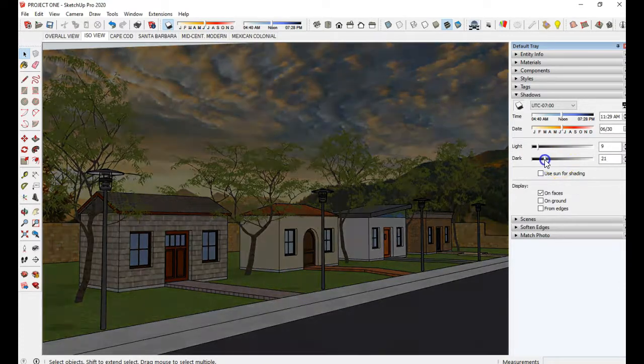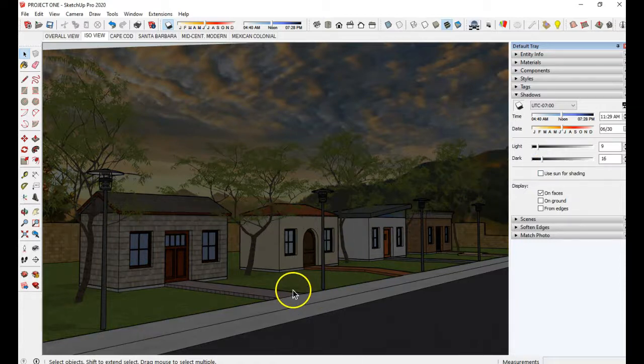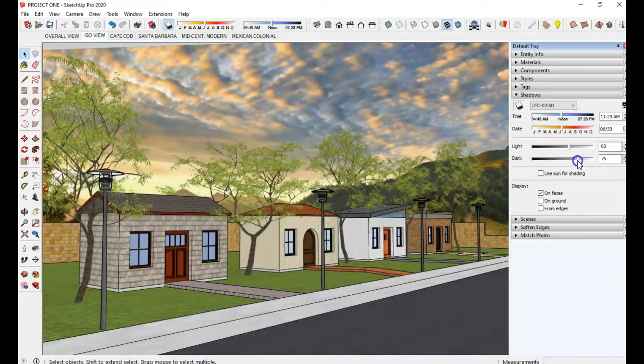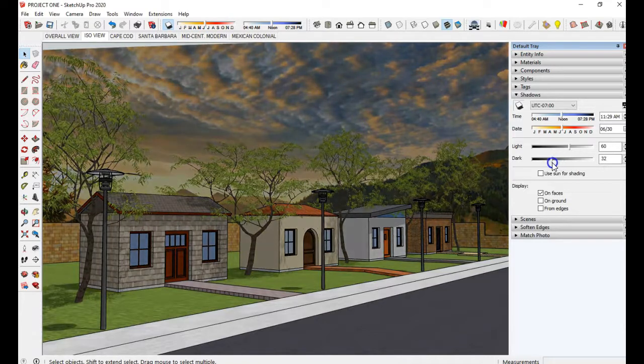So if I move this to here, you can see that it's darkening the whole thing, and the shadow gets a little darker itself. If you move this to the right, you can see how dark the shadow is there. Now if I move this back to the right, the whole thing lightens up, but it's really for the shadows to show darker or lighter. So we want a definite shadow there, but most of our shadows, since we have it at noon, are